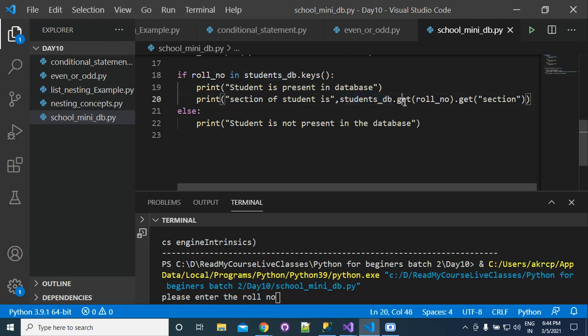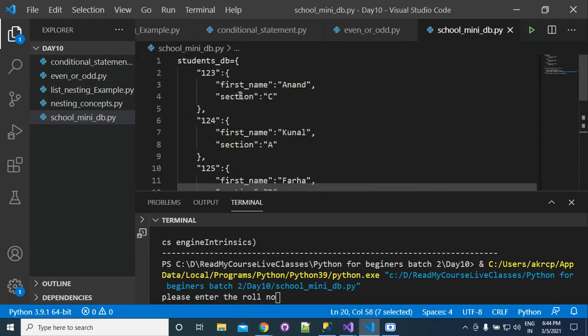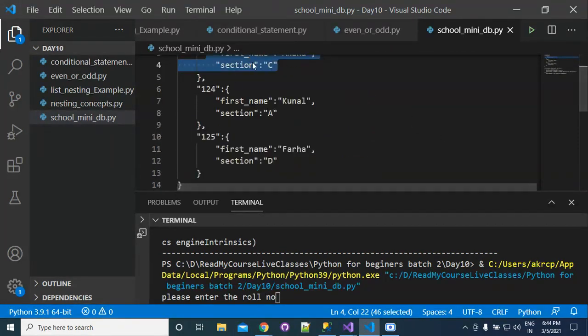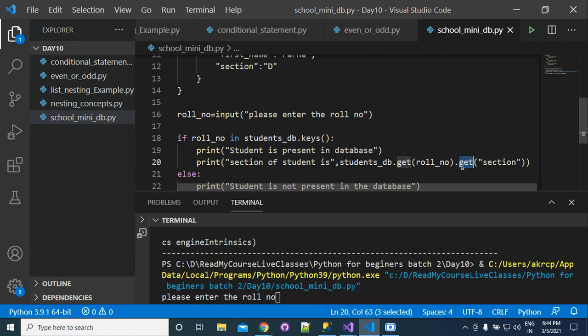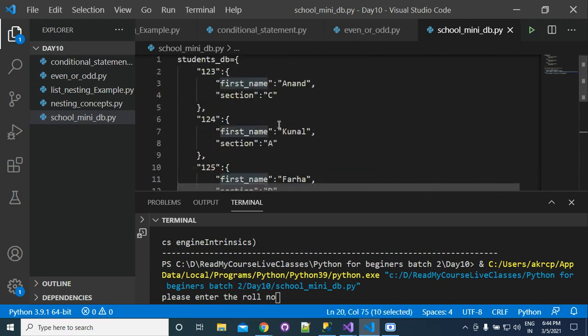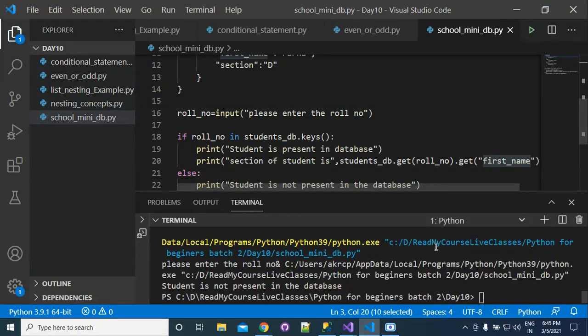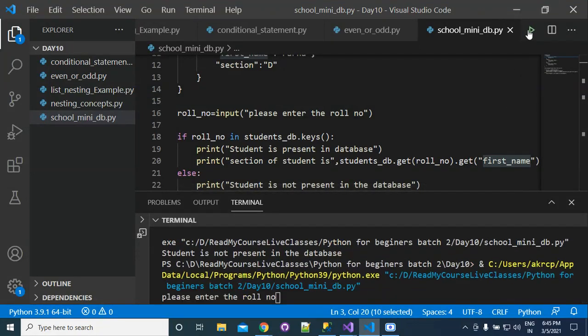Student db dot get roll number. So based on this roll number we will get this whole dictionary. And if we want to get the first name, then instead of section we will write here first name. Okay, so why are we writing this first name? Because first name is the key. Okay, so now you can run your program.